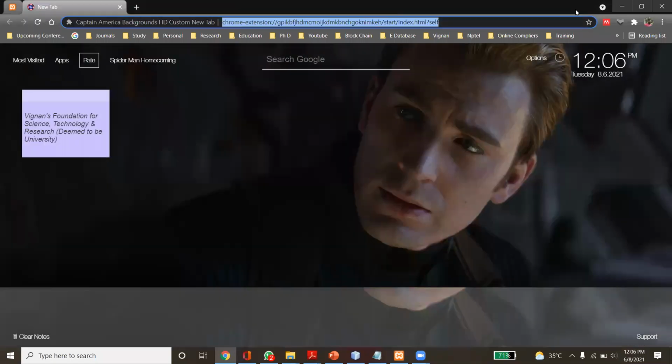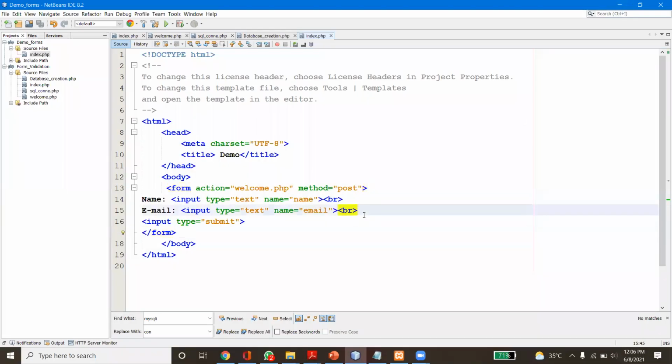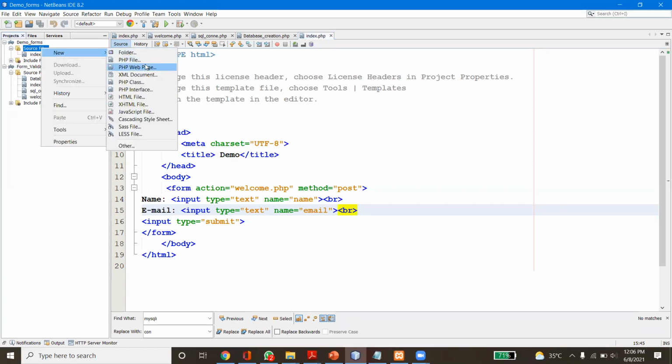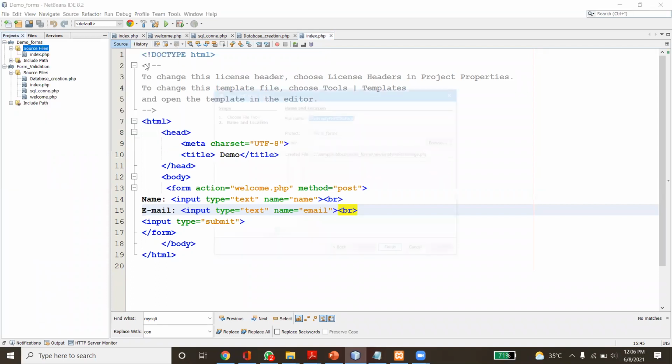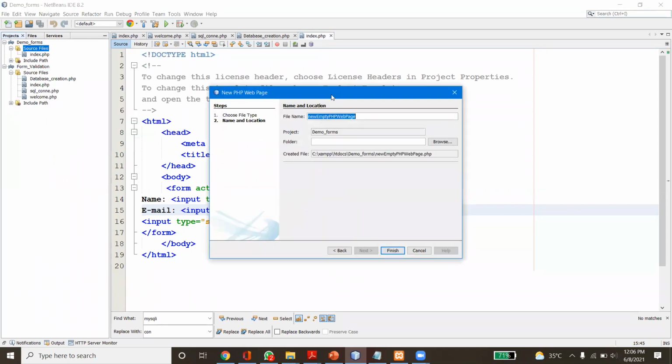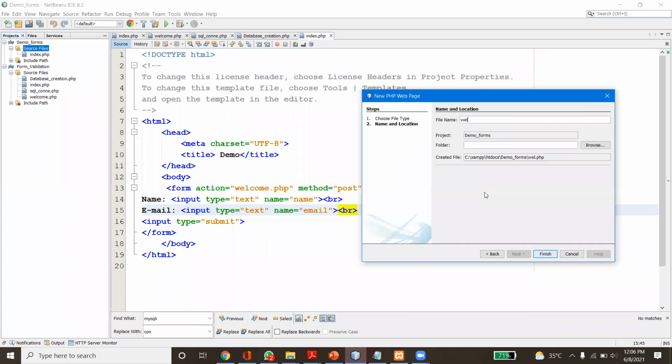Action. So now we want to create welcome.php. We have to select source files, right click, new PHP web page. What is the name of the PHP file?